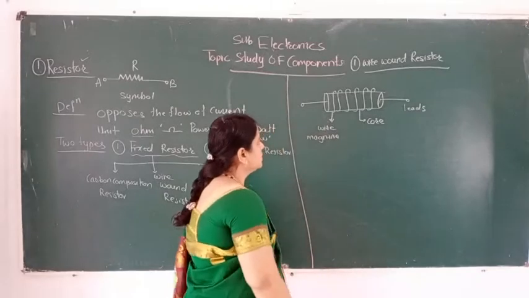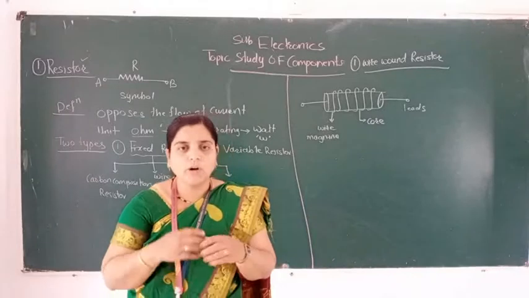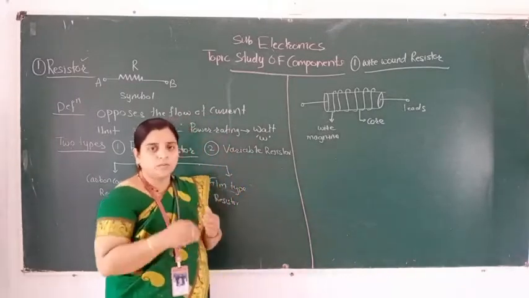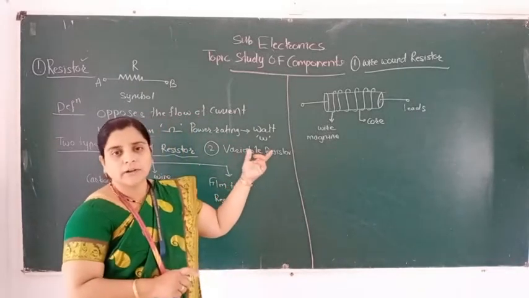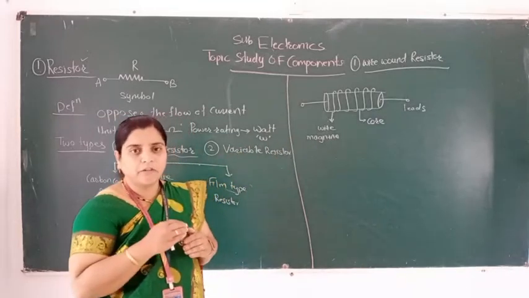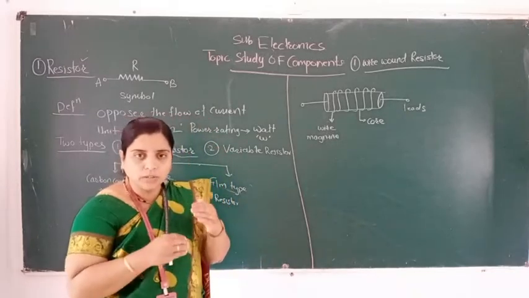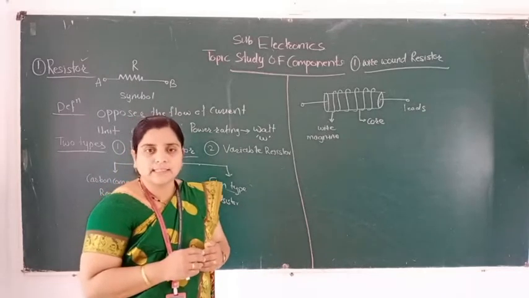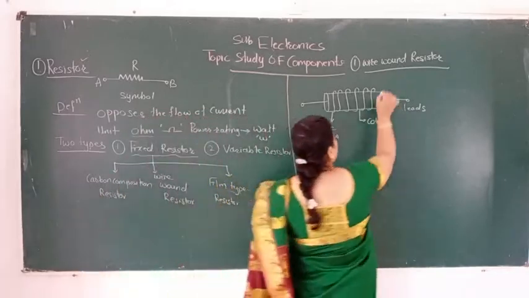Magnesium wire is there. So this wire, if the wire is wound, means what? If wire is wound on the insulating tube, it is called a wire wound resistor. Or if the magnetic wire or copper wire is wound on the insulating core, it is called the wire wound resistor. What's the definition of this wire wound resistor?